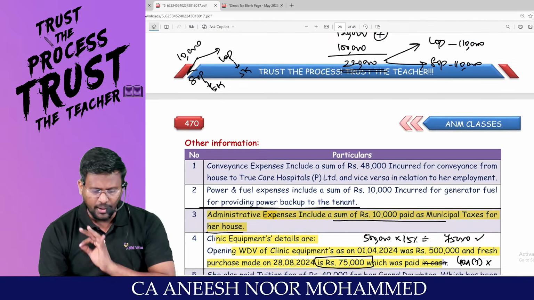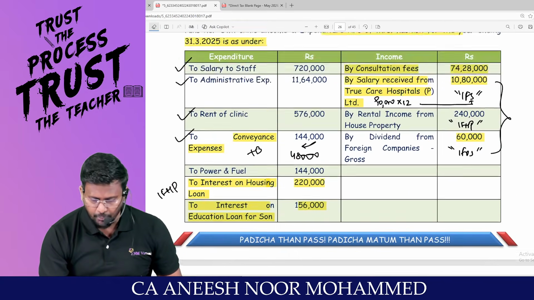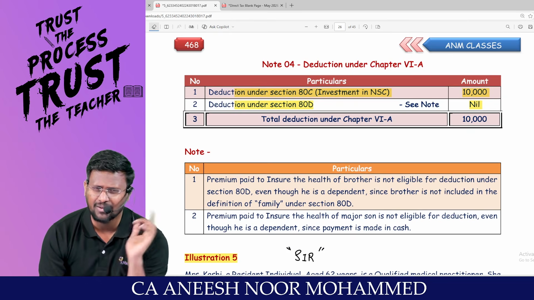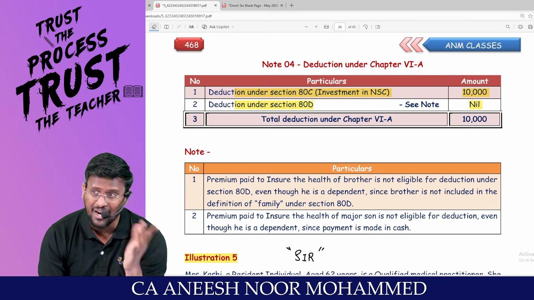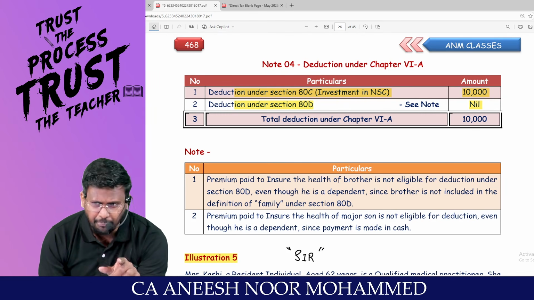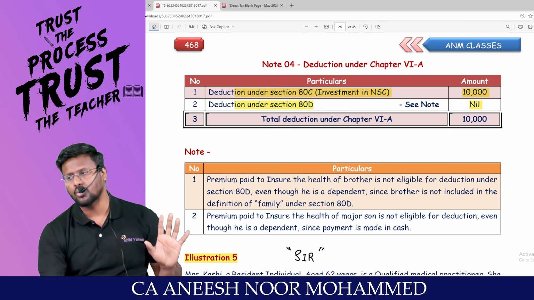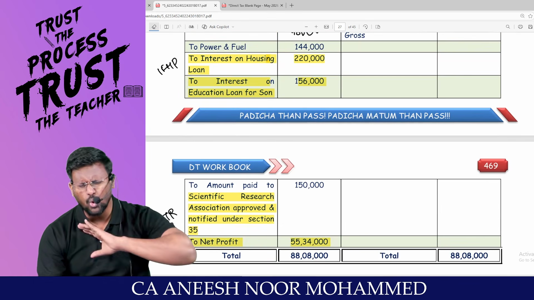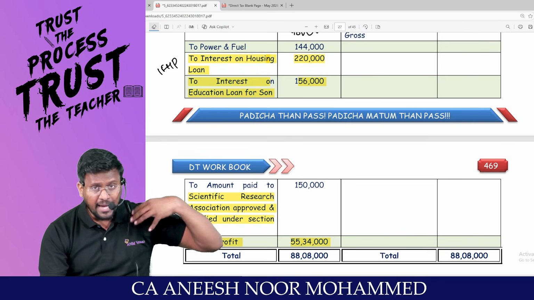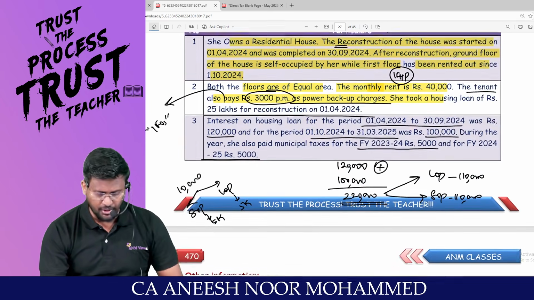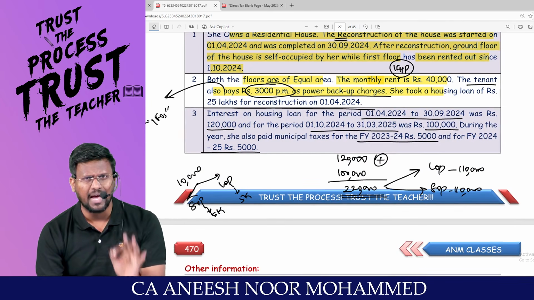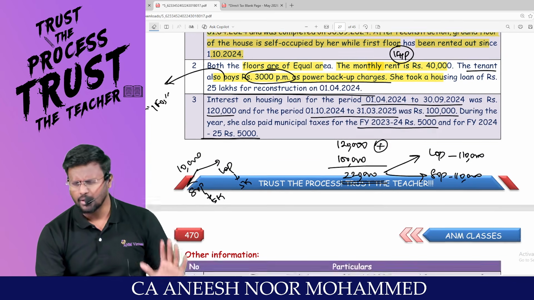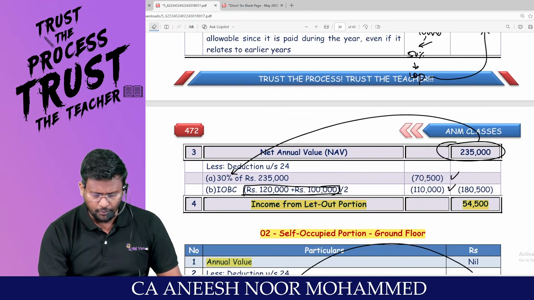I believe that you are able to appreciate or understand what the computation of total income is. Sir, if you are just listening and going to the exam, you will know what the adjustment is, but you will not be able to complete that within time. If you want to complete within that time, sit in your home. I know that there are so many questions. I personally choose the 7 questions. You try to do at least 7 questions on repeat mode, loop mode. Then automatically you will get the flow of solving computation of total income.